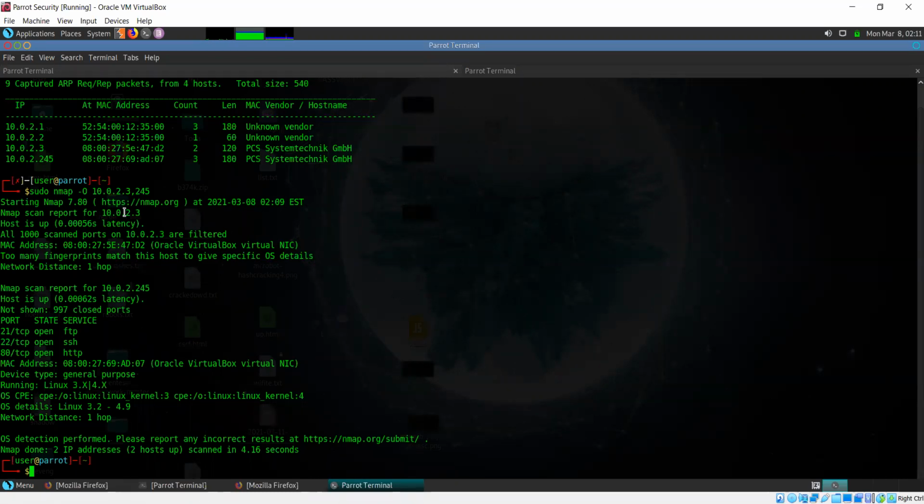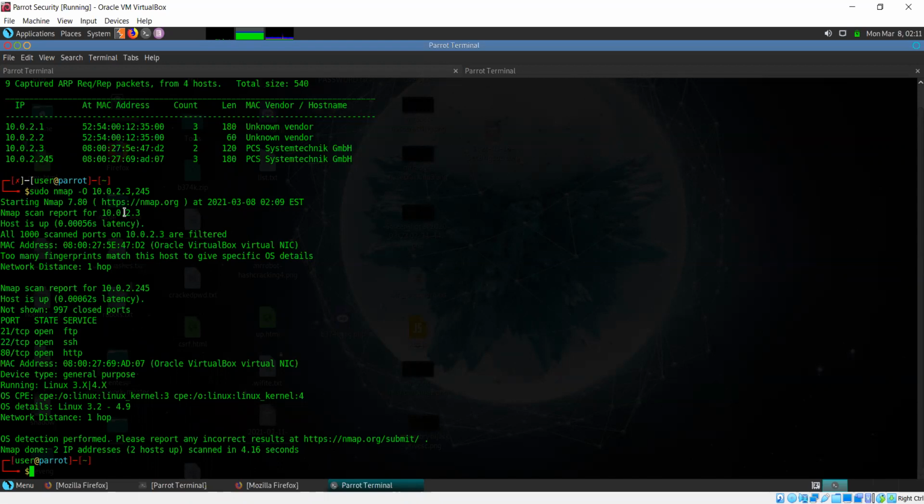It's not necessary that filtered means that there's definitely a firewall. Filtered might just mean that Nmap is not getting any response. It may be a firewall, or there may be an issue with the device itself. But one thing is for sure, Nmap did not get any responses. That's why it says that these ports are filtered.